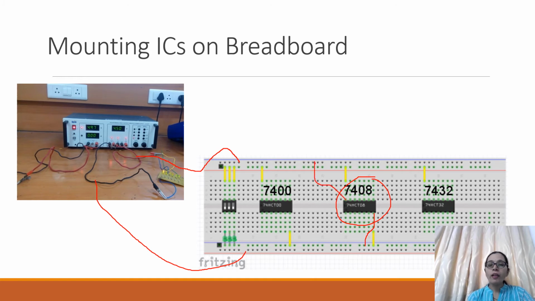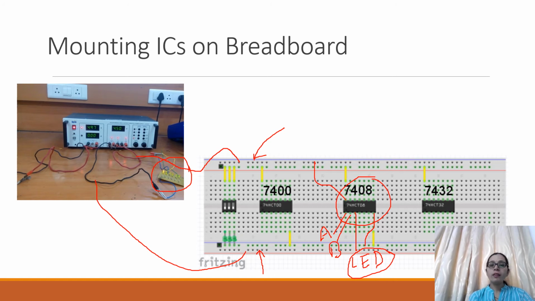Okay. Now 1 and 2 are the inputs. So 1 and 2 I will give as the input, say A and B, and the third pin will be my output. And for observing the output, I will connect an LED over here. Here you can observe the LED strip. For the LED strip, you can connect a ground of the LED strip here and VCC of the LED strip here, and then you can connect the LED for observing the output.